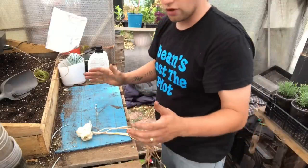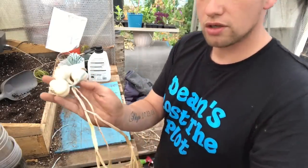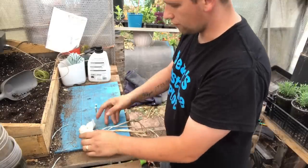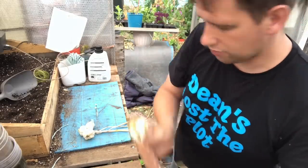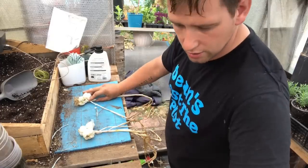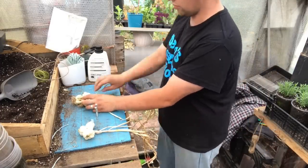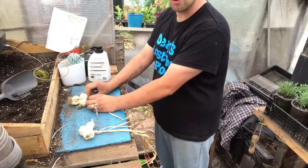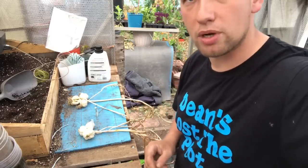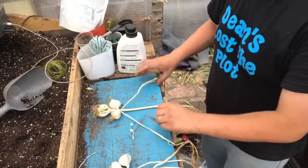But just for ease of use, all I've got is 3 garlic. I've got 1 in the middle, one each side. So I place 1 down the middle, place 1 over the top of that one on the right hand side, and another one over the top on the left hand side. All braiding garlic is exactly the same when it comes to starting off. It's that way, like with the smaller one higher up. See if I can bring you a bit closer, bear with us a second. So yeah, 1 in the middle, 1 on the side, and 1 on the other side. So you've got three